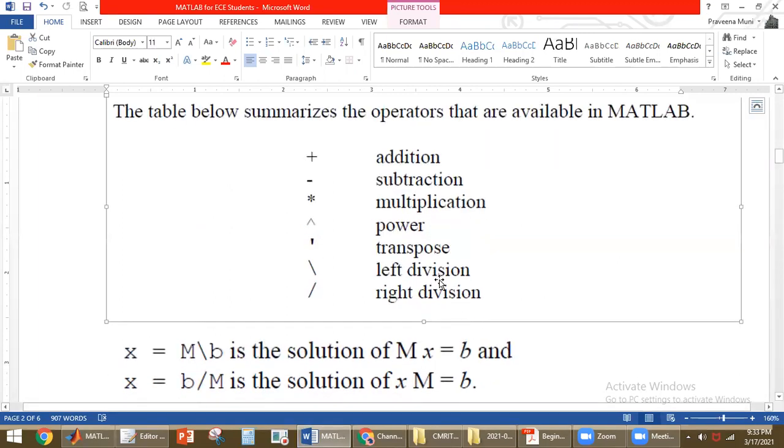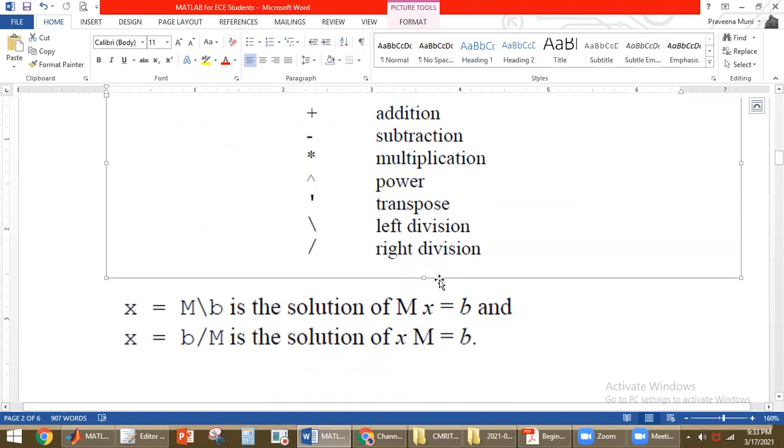So here we are discussing left division and right division. Now we'll see what is the difference between left division and right division. For example, we are using left division. Left division gives the solution of mx is equal to b. So if mx is equal to b, and you want to find out what x is, then you have to use left division. For example, if you have xm is equal to b, to find the solution for x, we have to use right division.